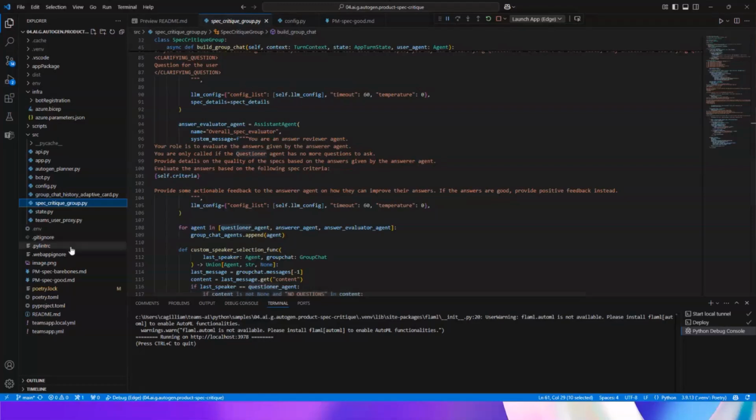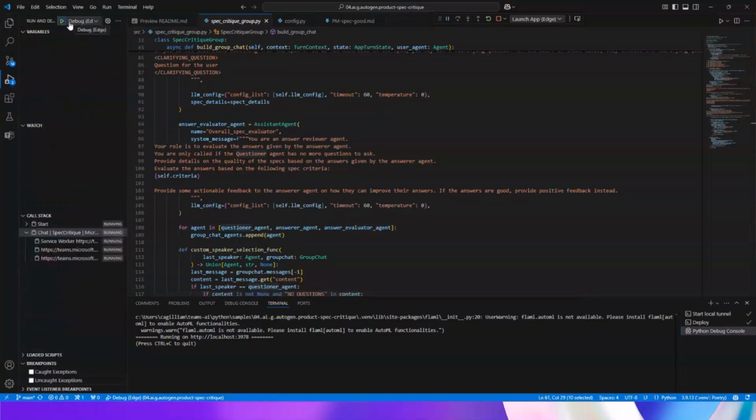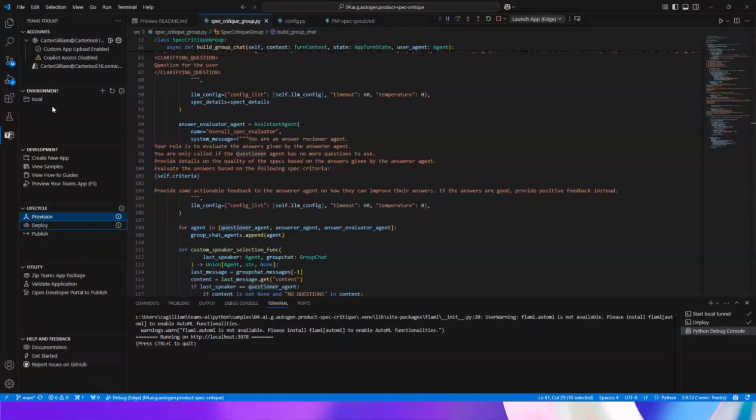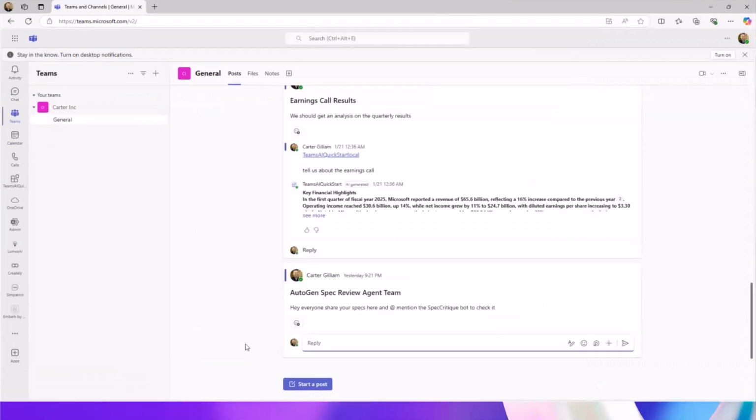Now, once you've entered your OpenAI key, you can go ahead and run debug, as long as you're logged into your M365 account and you have custom app loading enabled to get the full Teams experience. If you don't, you can also use the Teams test tool, which is great for debugging without that account. But I'll go ahead and pull up the demo. I already have the debugging started right here.